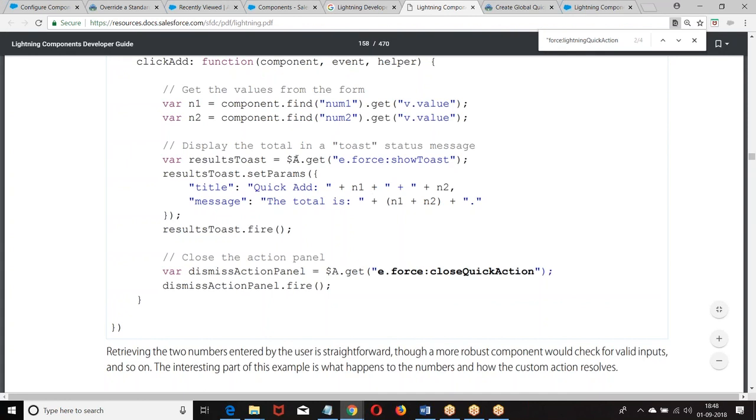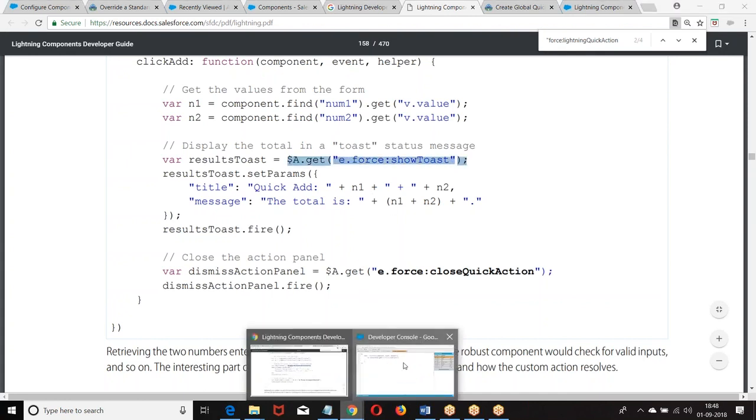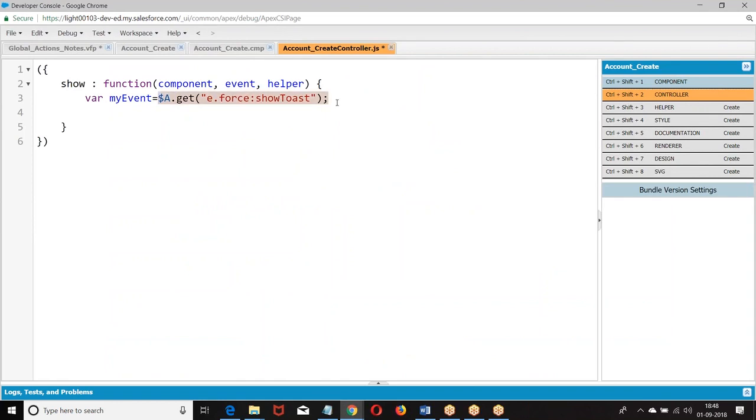Let me give you a copy paste of it to avoid the naming convention issue. Then what we are doing? My event dot, the parameter should be passed like a key value pair.